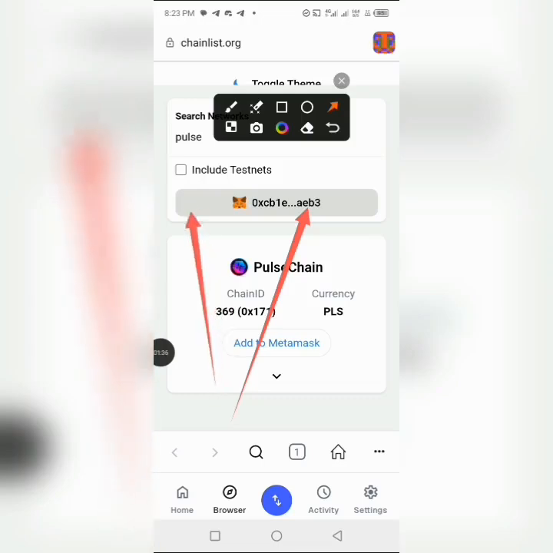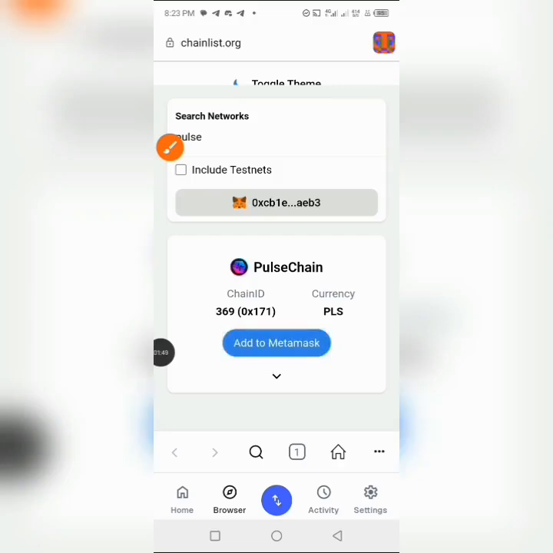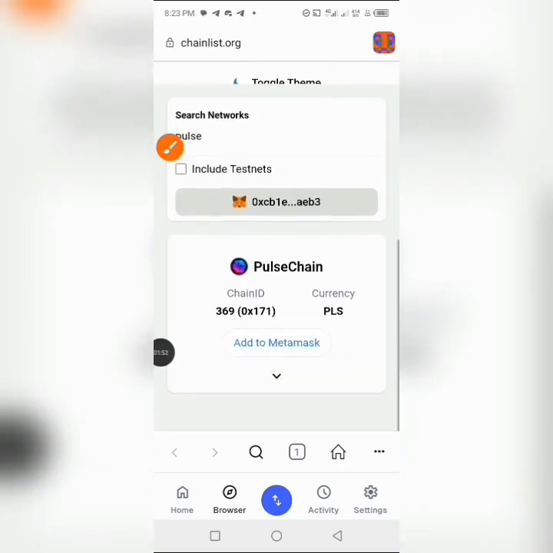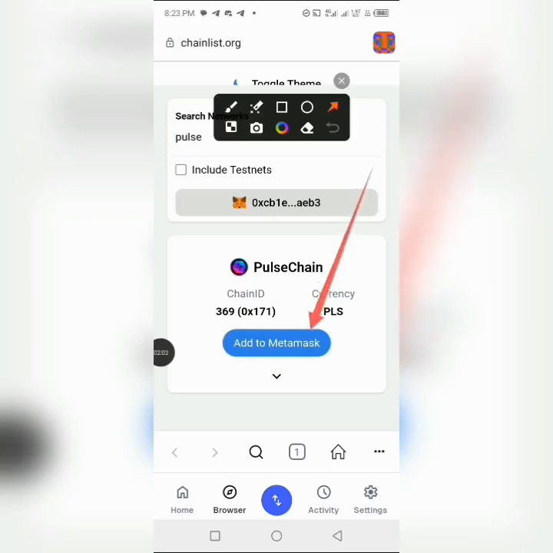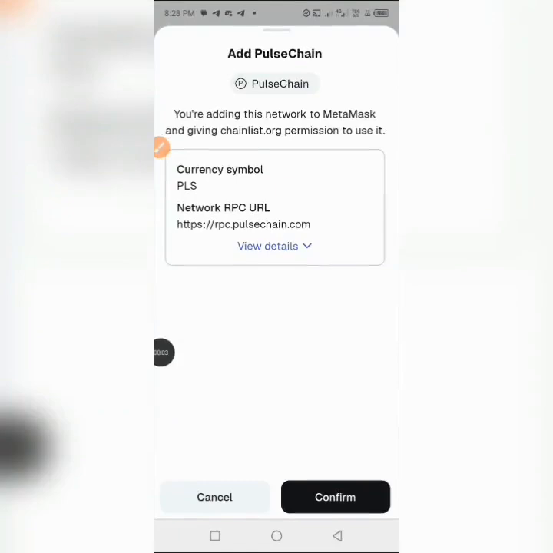You can also toggle this on to add the related testnets, all right? To add other related testnets that are built under this PulseChain, all right? So here's how to add it up. You just tap on this. As soon as you tap on this, make sure that it is showing green. So as soon as you tap on that green button that just highlighted,